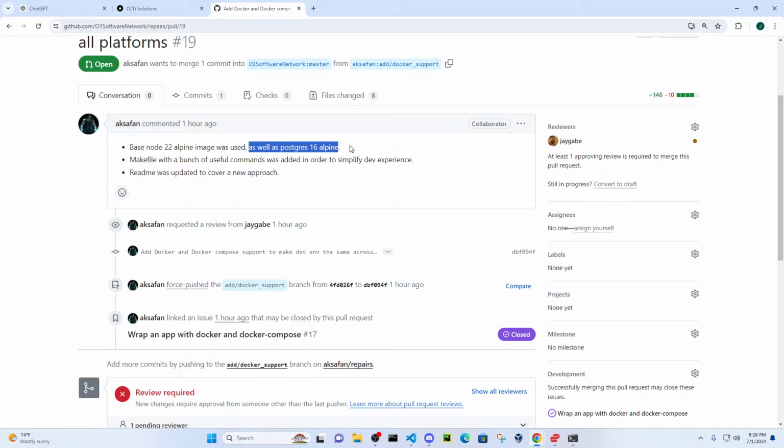So basically, what our conversation was: we have the Node 22 Alpine image for the Next.js application, and we have the Postgres 16 Alpine image for the database for development. Any data that's stored in the database is actually going to be stored on people's local computers. So when I run the application on my computer, I'm going to have database information on my computer, and there's some way for you to channel